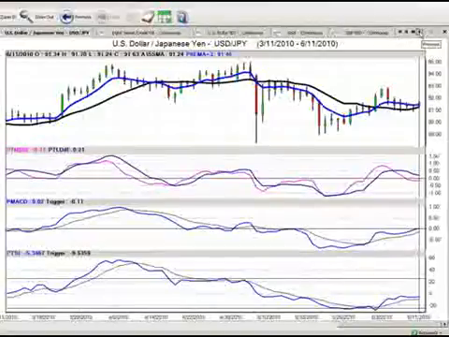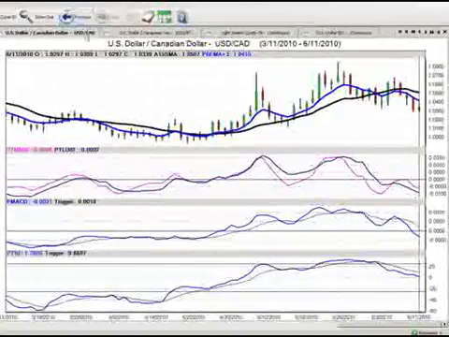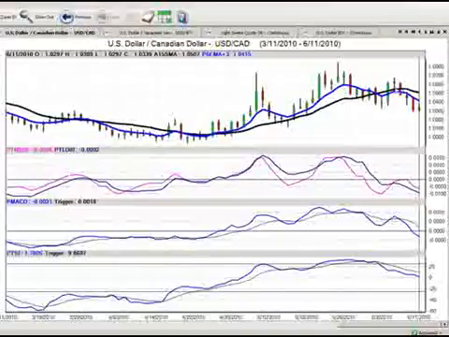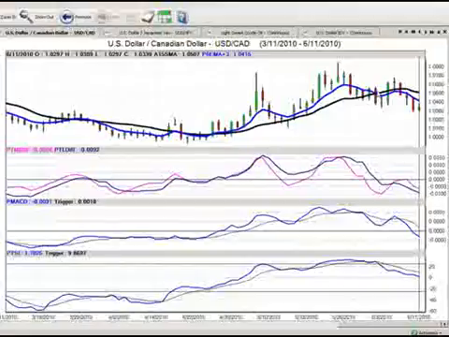Now, going into the US-Canadian pair, we can see here again, we're only using the long-term crossover this week. We've got the crossover that's hit the trigger. You remember I put out the sell signal last Sunday night. We're going to stick with that sell signal again. Now, looking at the market here, we can see that our predicted MACD is